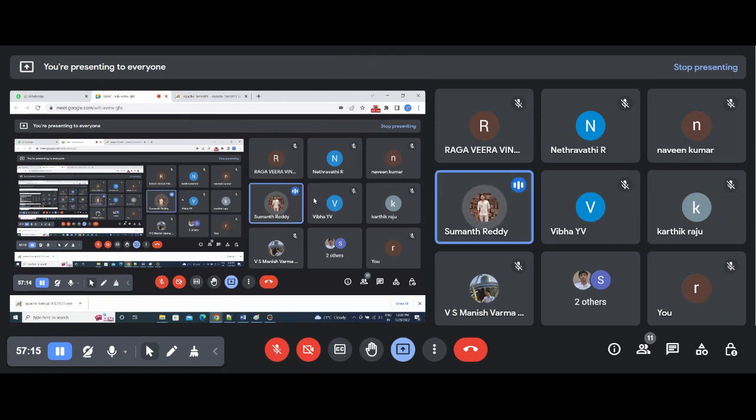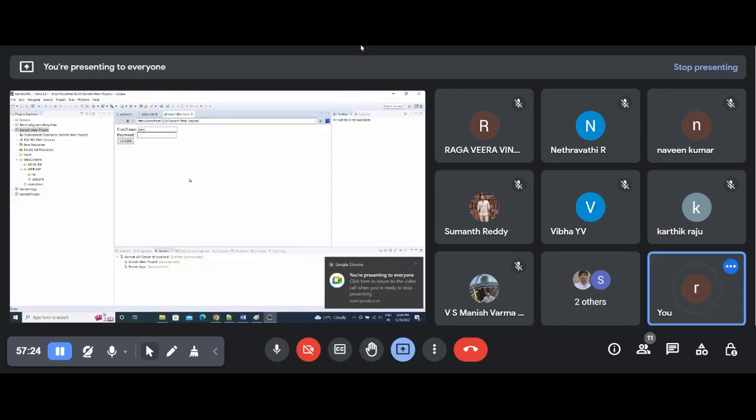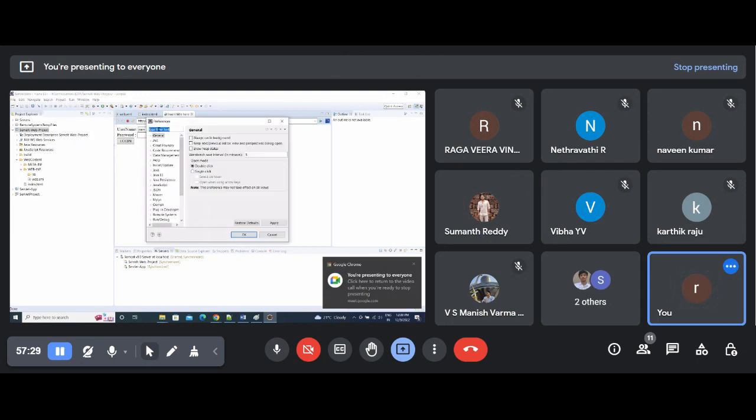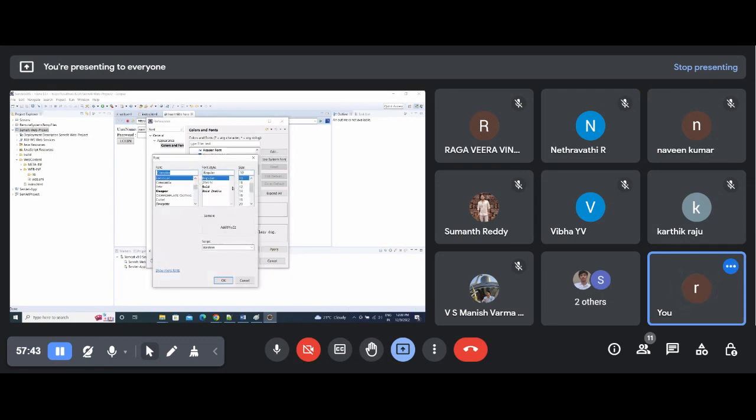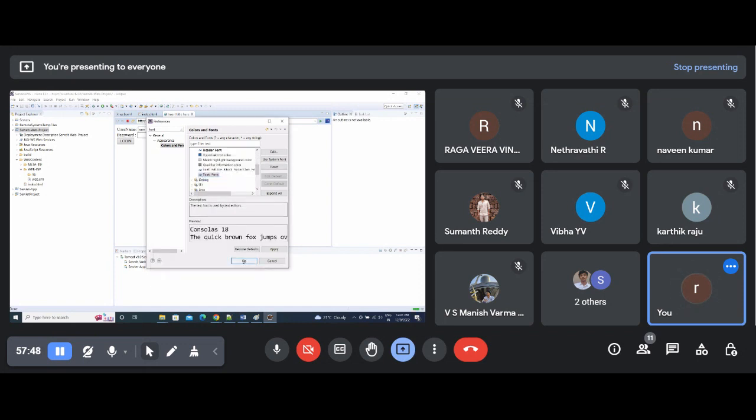Sir, can you increase the font size, sir? Sorry, sorry. So you want to increase font size? Okay, font, basic text font, make it 20, some 18. Okay,